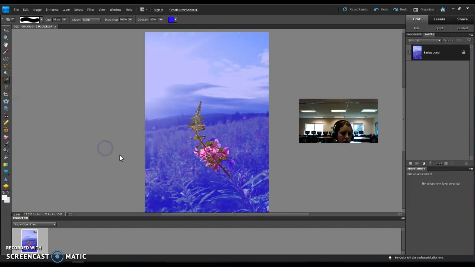So you guys are to take this image of the fireweed and recreate it by putting 3 different fireweed flowers in it. It is your choice how you do it. You can change the size of the flower. You can try to play with the angle so it looks a little bit more natural. But you are going to use either the lasso tool or the quick selection brush,